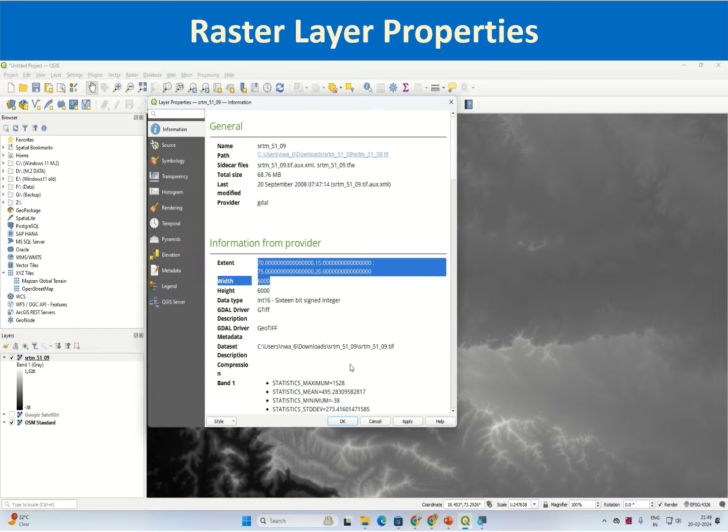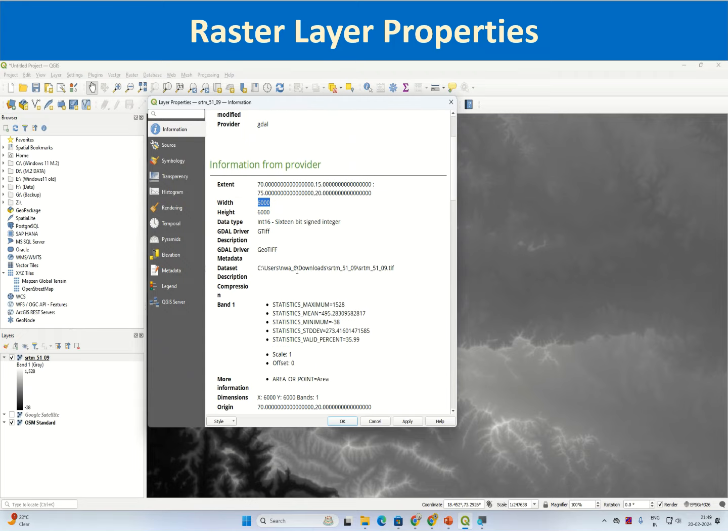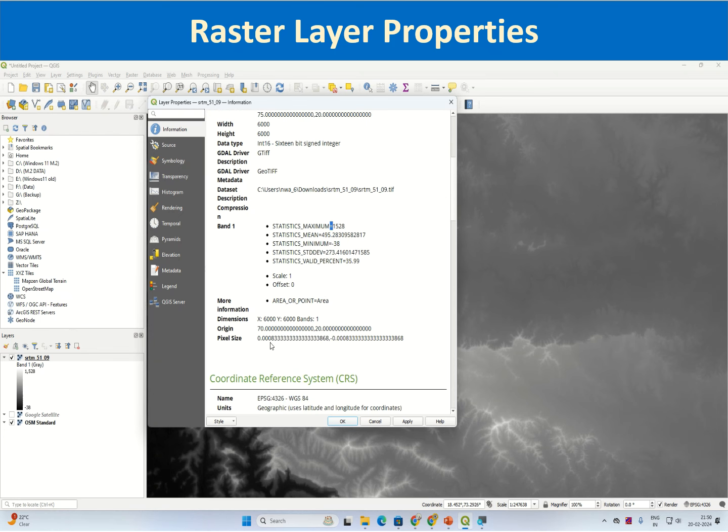the number of rows and columns and where it is saved on your system, the statistics, the maximum value, the minimum value, and standard deviation about the elevation, and then it will also have the pixel size information, which is